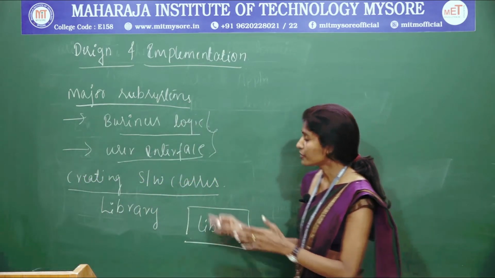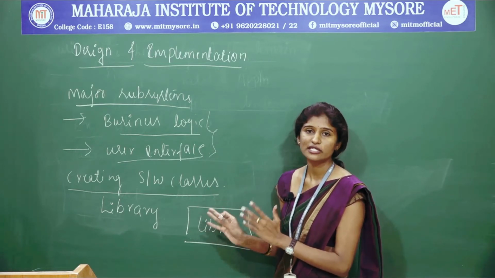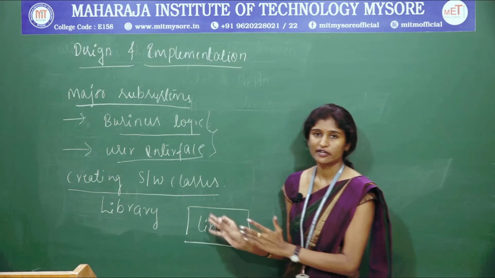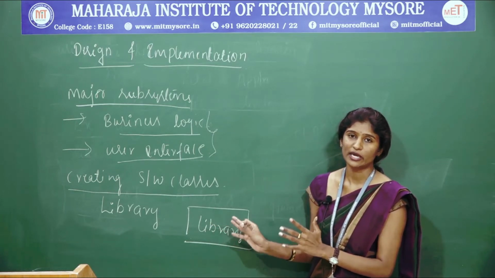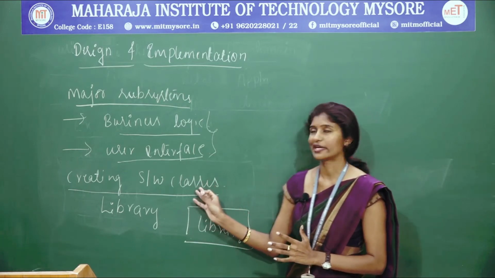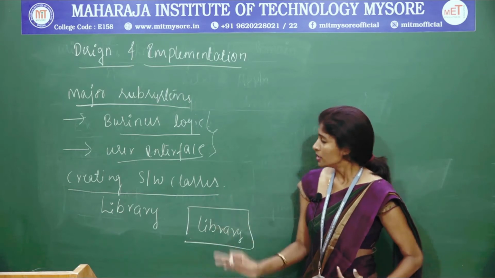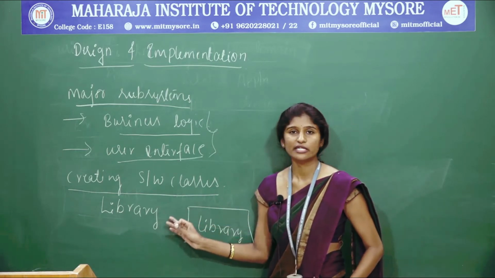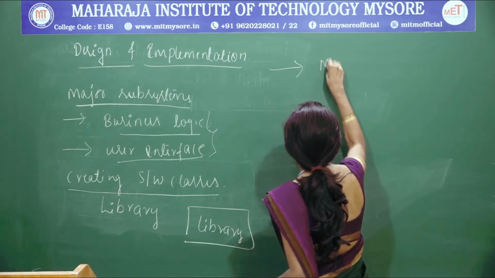Now I am going to access that class diagram and assign the classes for it: the members present in the library system and the attributes of that library system. I am going to consider all those things and design software classes for each and every class we wrote in the previous class diagram. The very first one was the library system. Moving forward, we also wrote one for the member.